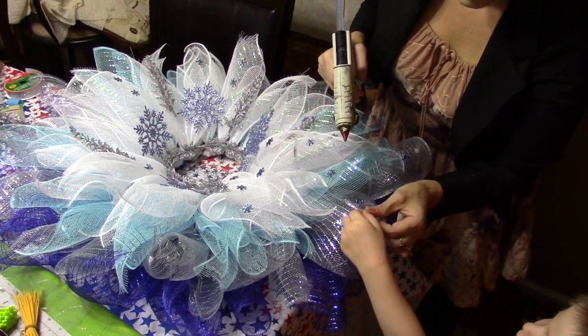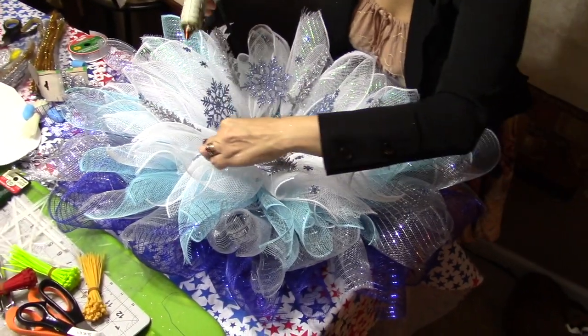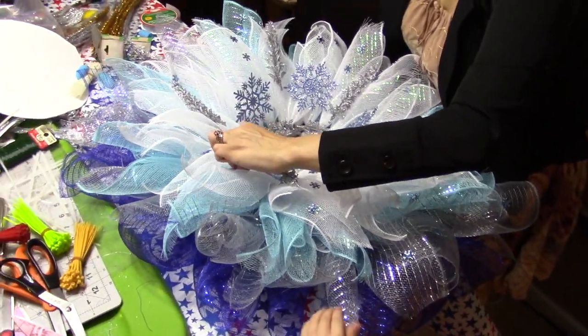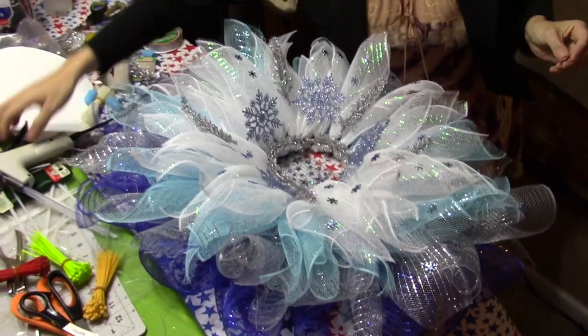I have to put glue on it. Remember, it's hot, so little boys can't touch the hot glue. When you're older, you can. All right? You can just give me the little stars, though. Okay, I think... Good boy, good job. Okay, I'm going to go ahead and...